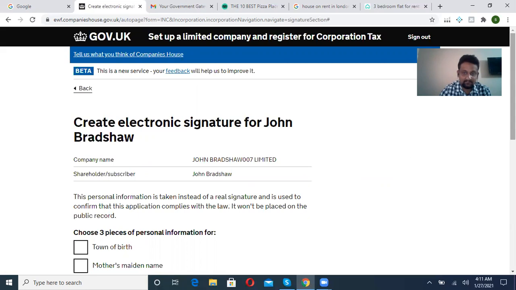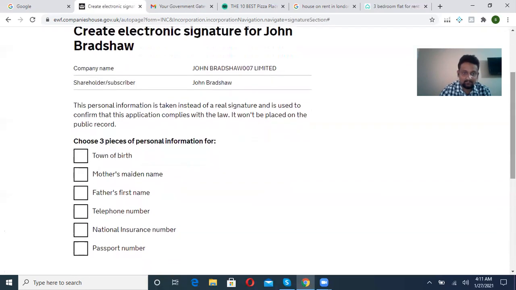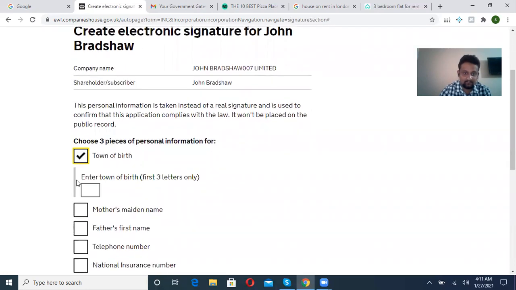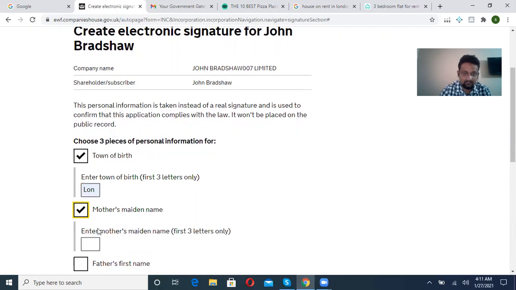Create electronic signature. You can fill out the details. I'm just putting it randomly.